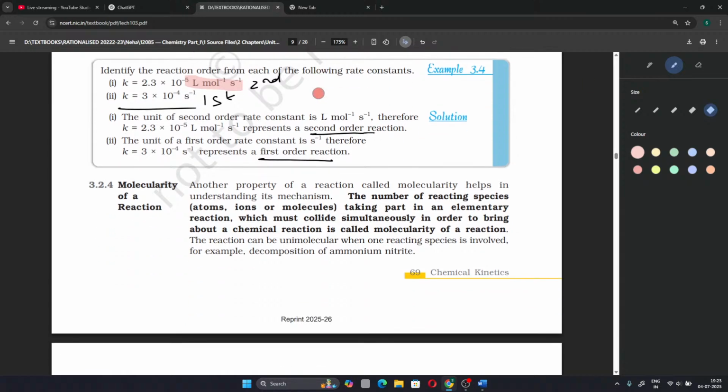Now another topic, molecularity of a reaction. Another property of a reaction called molecularity helps in understanding its mechanism. The number of reacting species, which can be atoms, ions or molecules, taking part in an elementary reaction which must collide simultaneously in order to bring about a chemical reaction is